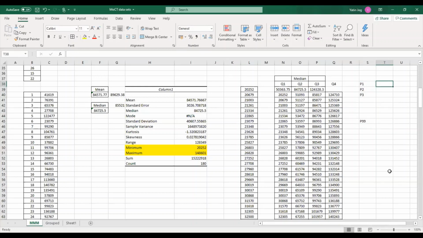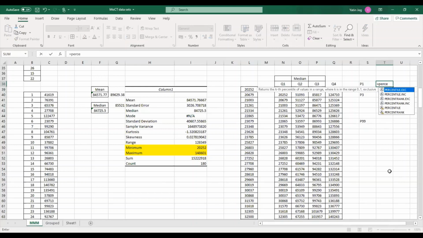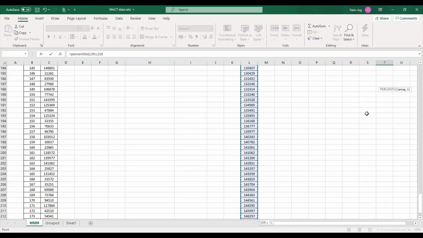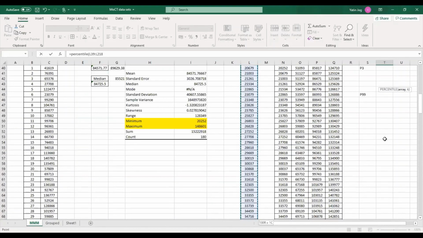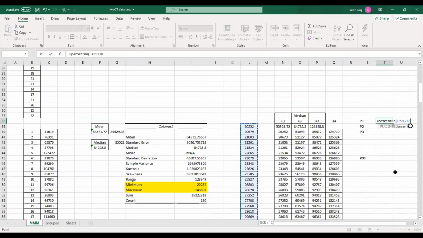How to calculate percentile? If you want to calculate P1, I'll put equal to, and there's a function called percentile. Just put an opening bracket. Again, it will ask for the array, that means the data set. I'll select all the values as my array. That is my first argument, comma. Now I have to put my second argument. Now my second argument is what percentile I want. So if I'm going for the first percentile,